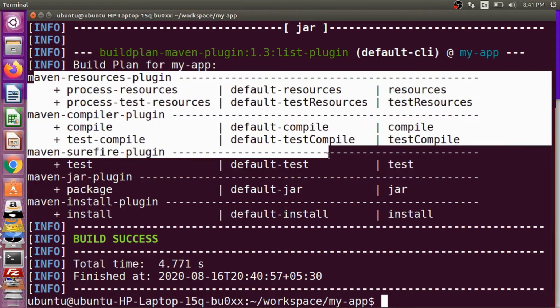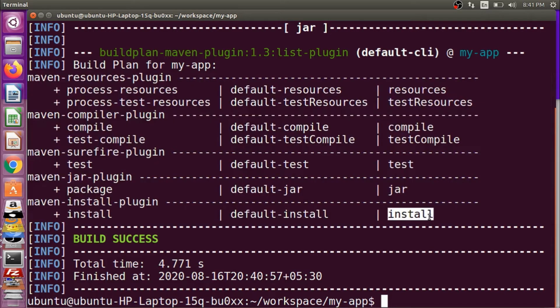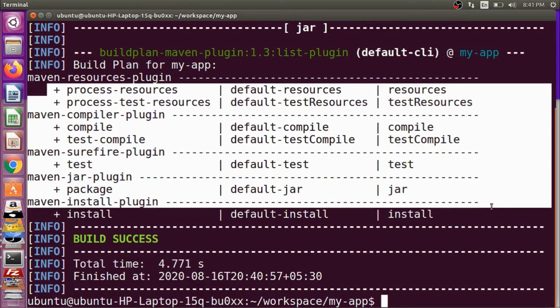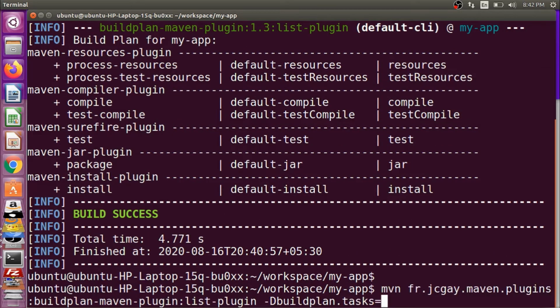Let's see what Maven has done. Maven has listed down all the plugins that will get executed when we fire mvn install on this particular project. One more thing to see here is the order is not correct. In this command, we'll be getting only the name of the plugins that will get executed when we fire install. We can change the argument and we can also see the list of plugins that will get executed in some different task that is provided by us to Maven.